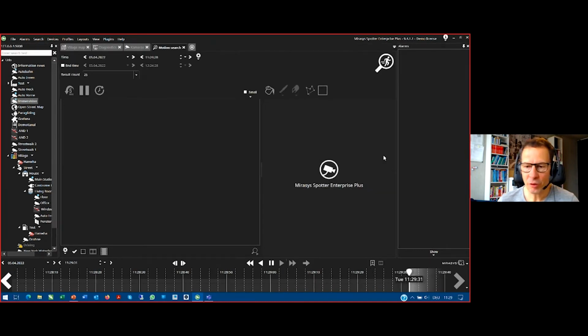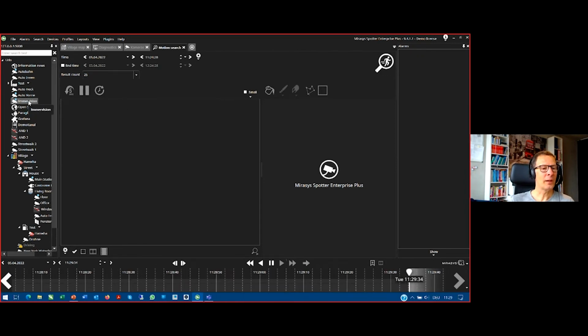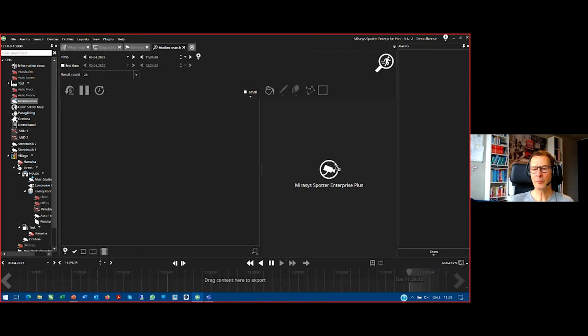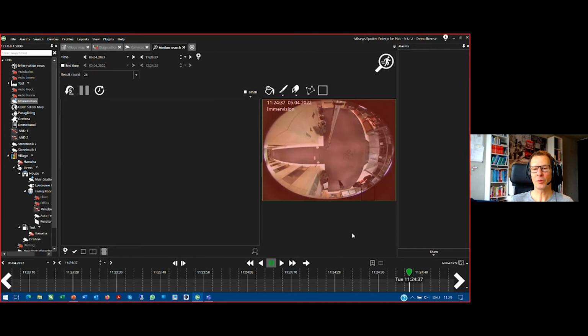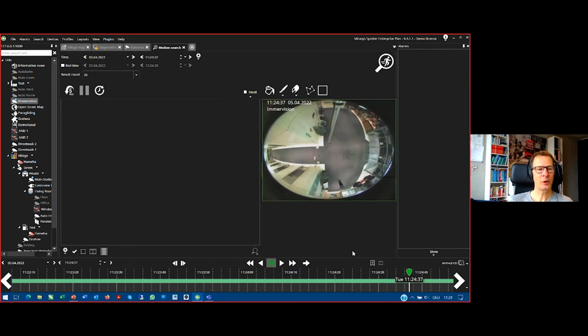So the motion search is looking like this. We are selecting one camera. We are taking the Immervision here, drag and drop this to this area, and then we clean it up. Okay, then you have here, first of all, your tools where you can define the motion area you want to see. You can fill it completely, or you can use this painting tool with different sizes of blocks, for example. You can say, okay, I want to search here in that area.